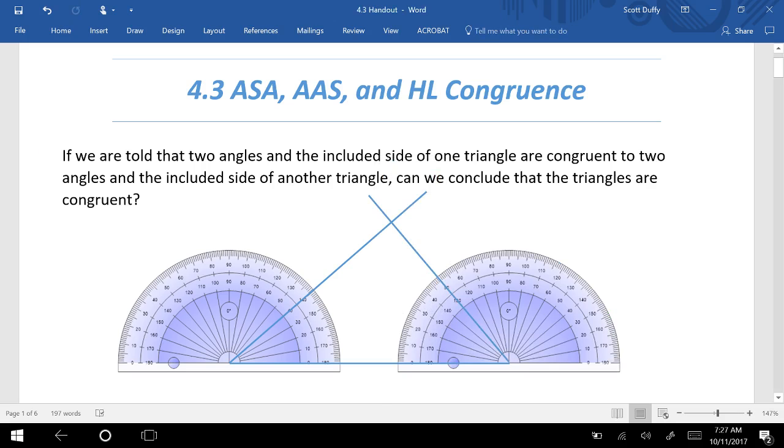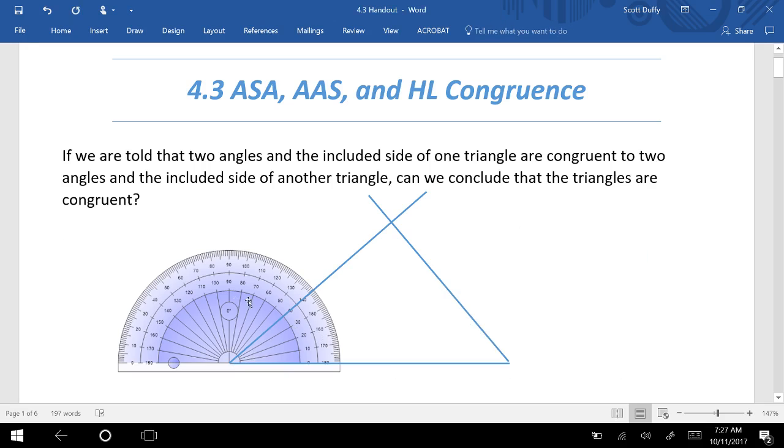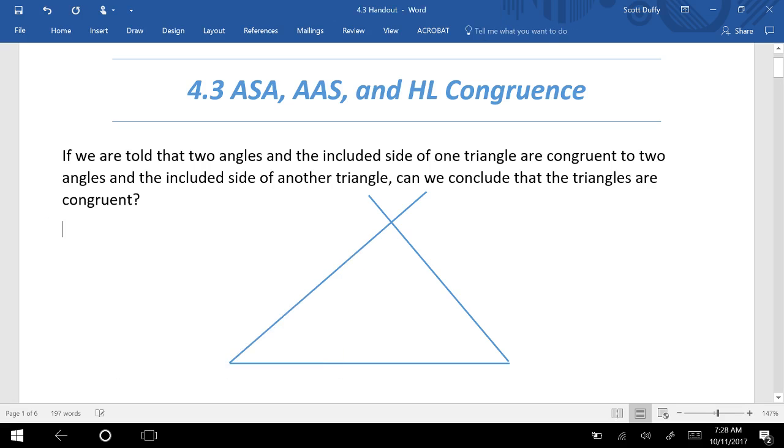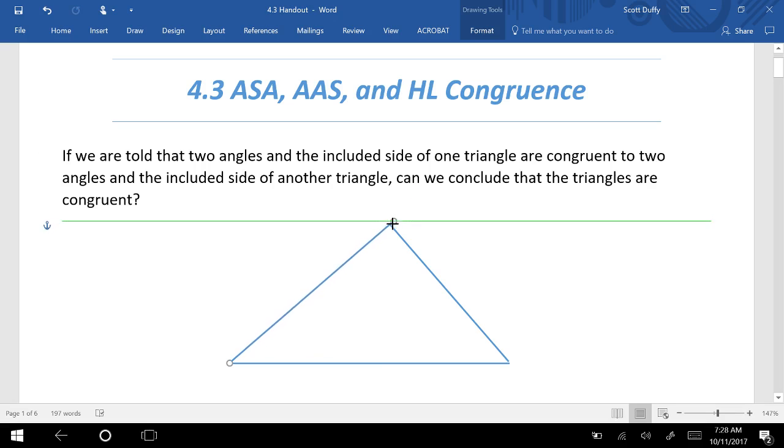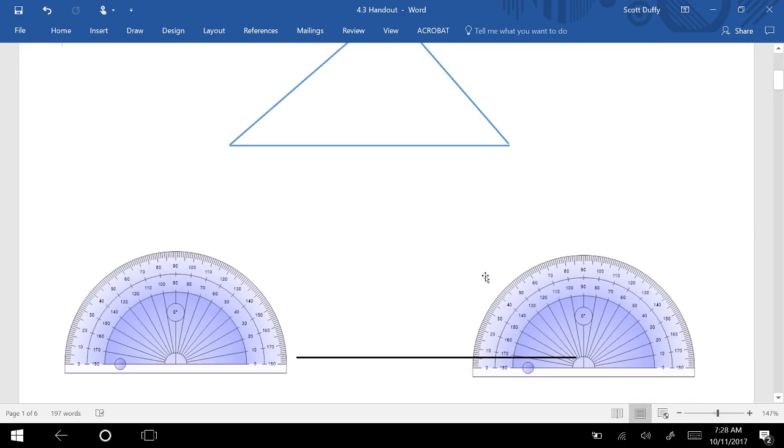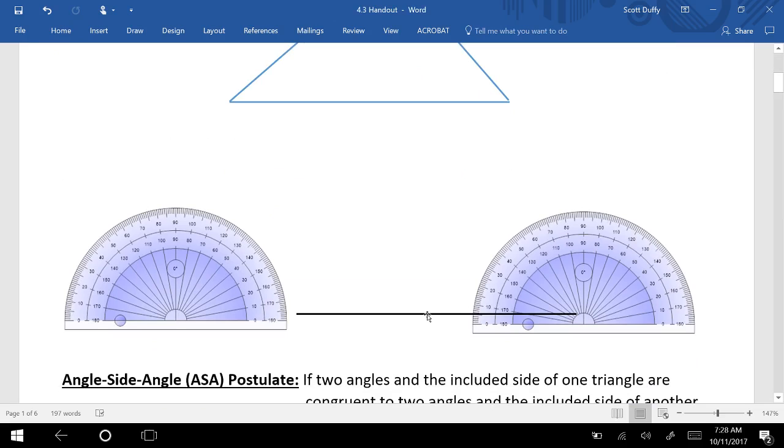And what you see is a triangle made with a 50-degree angle here and a 40-degree angle here and a certain length on the bottom. Now I'm going to get rid of my protractors. And what I realized is that this doesn't have to be that long. I can shorten it and hopefully I keep it in the right line. Cool. Now if I set up the black one the same way,